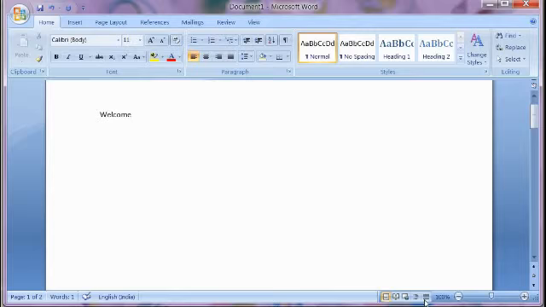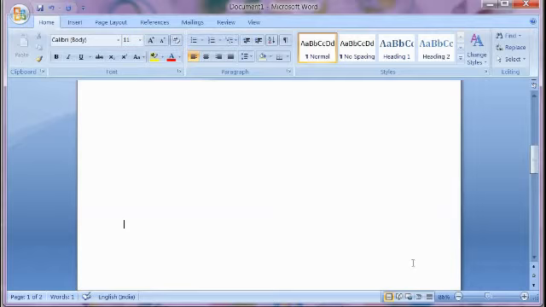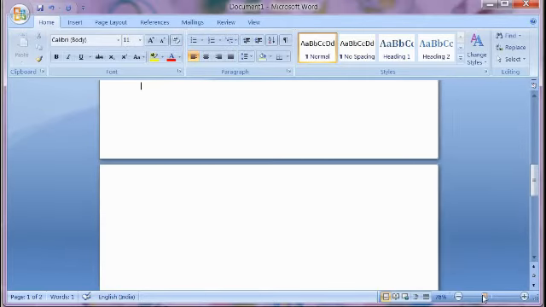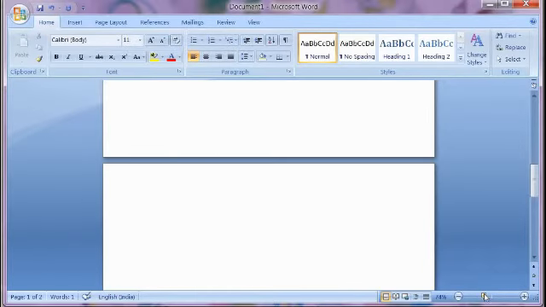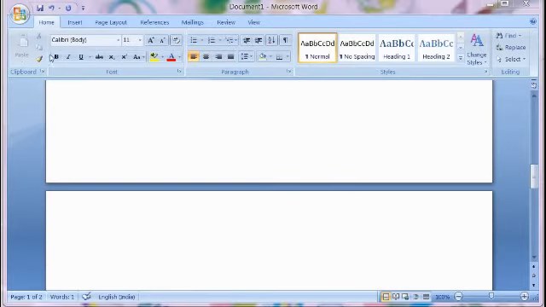Okay, then the different types of layouts, and the size of the working area. See the size of the, now the working area is reducing. See, now it's increasing the size with the help of zoom. This is called zoomer. With the help of it, we can increase the size and we can decrease the size of the working area.